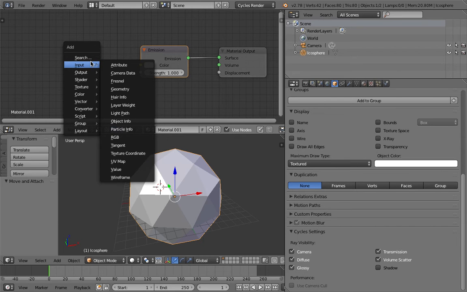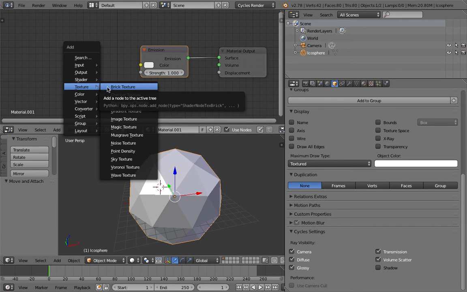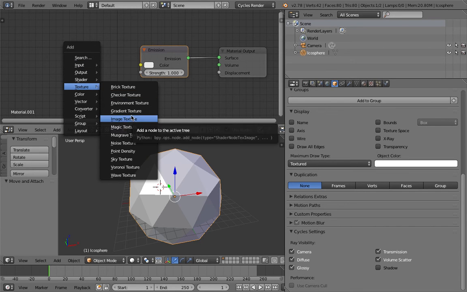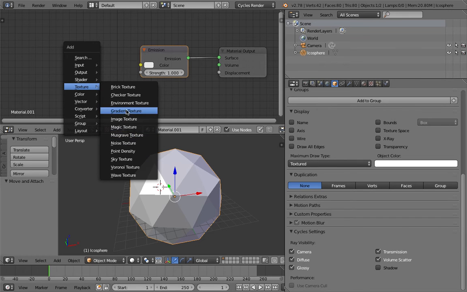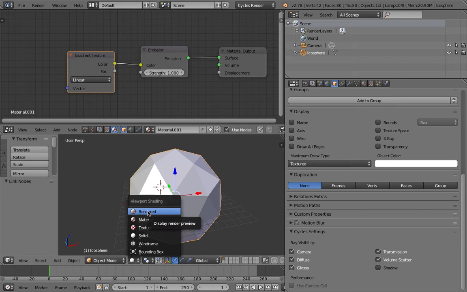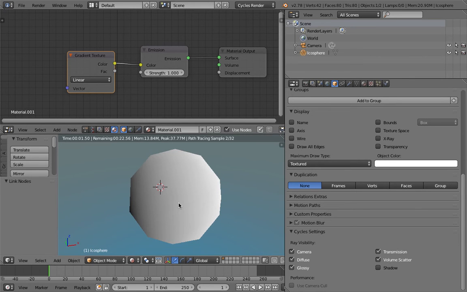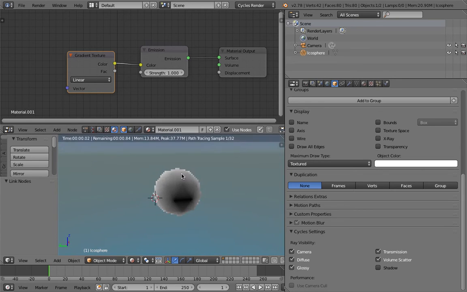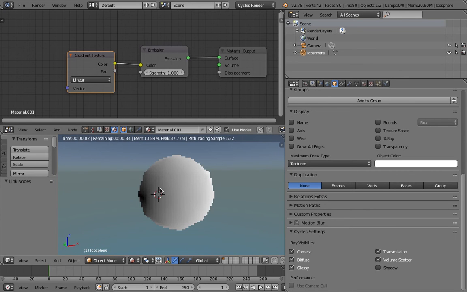And I'm going to use texture. And I'm gonna start with using just gradient texture. And let's apply it. And let's try a render. So by default, this is what you get. It's nothing. It's not too exciting, but